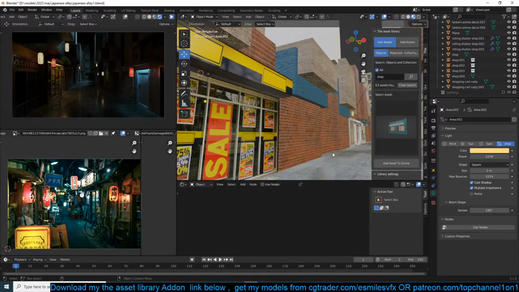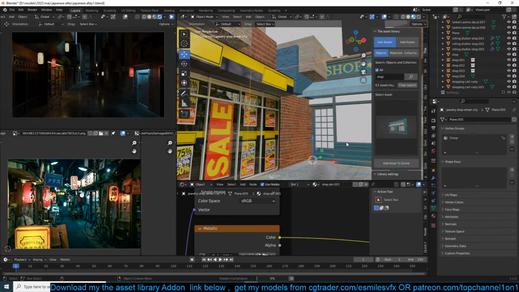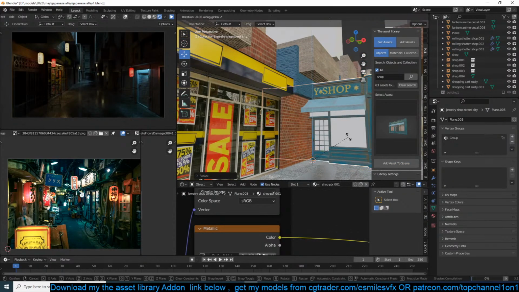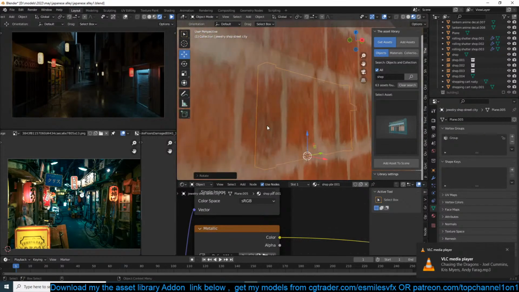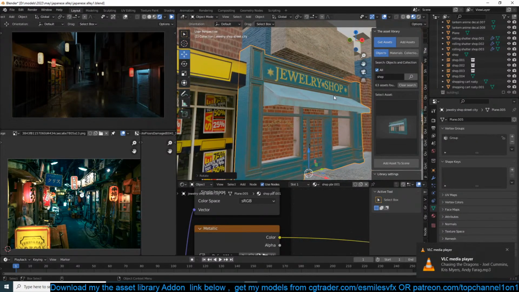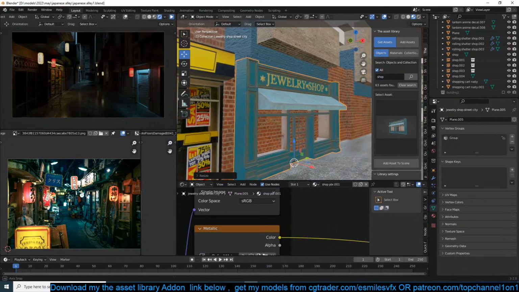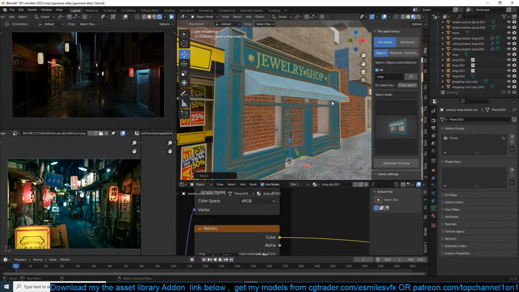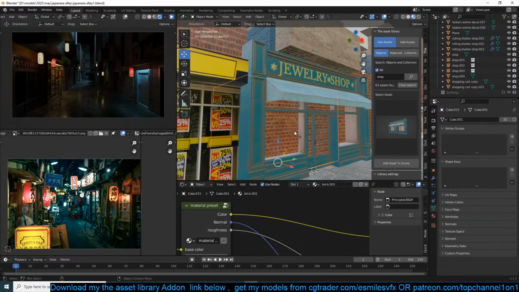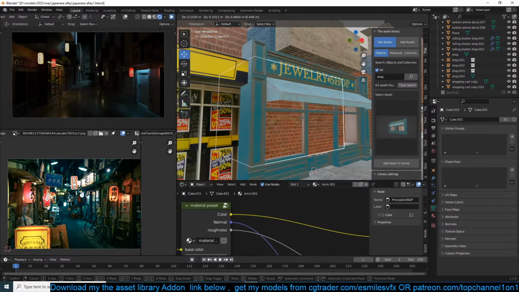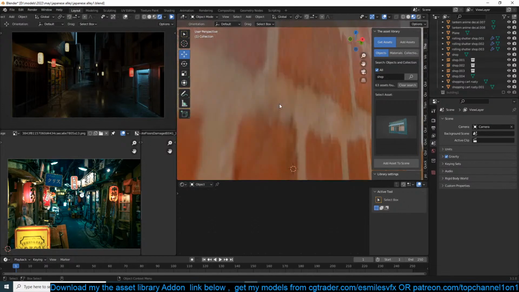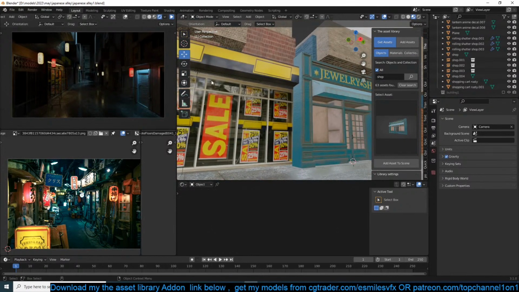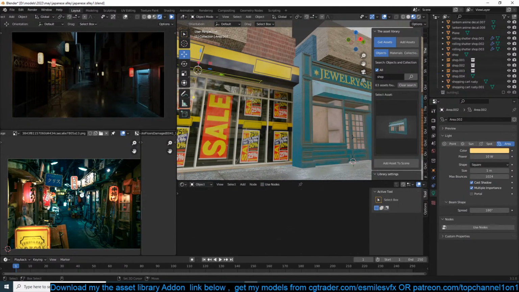Have this here. Another detailed shape. Can get a light.